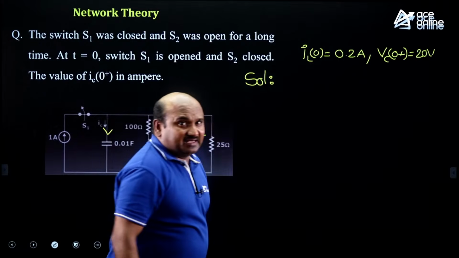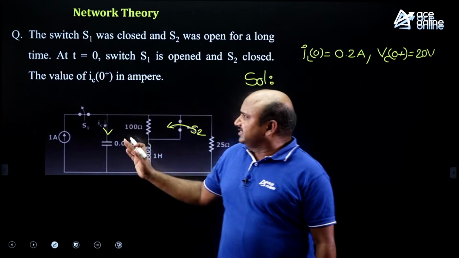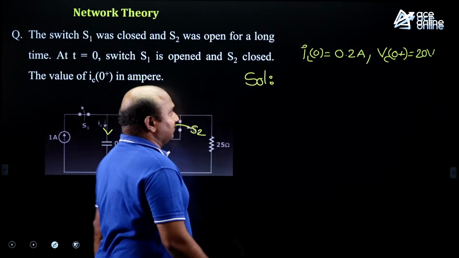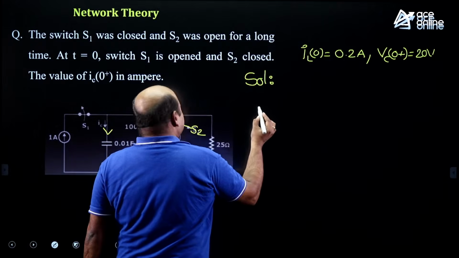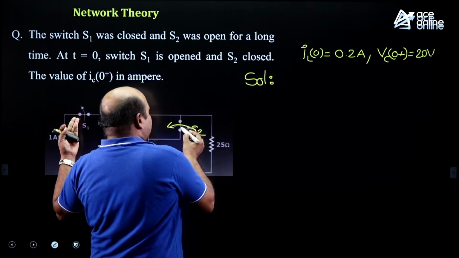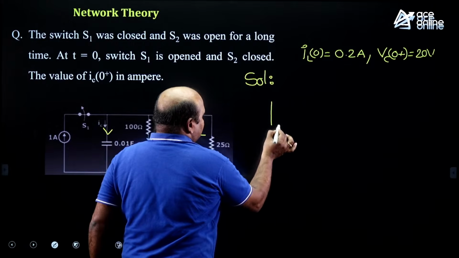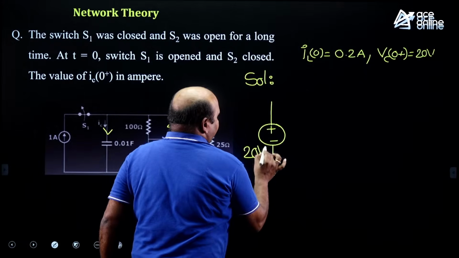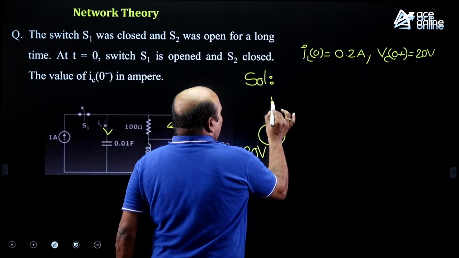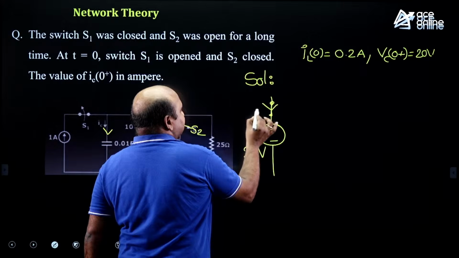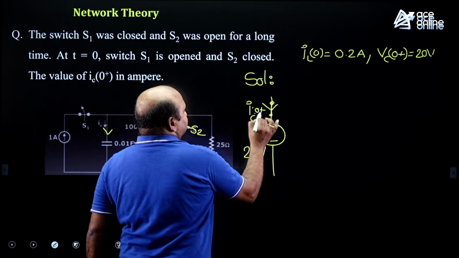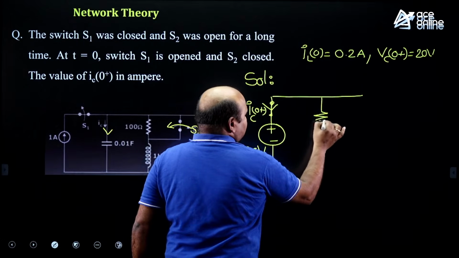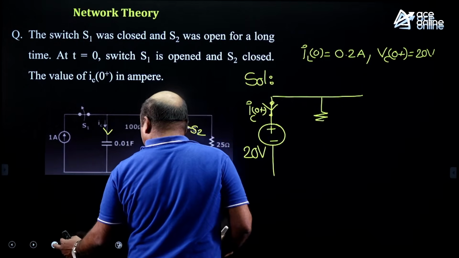Now let me take the circuit at t equal to 0 plus, since we need to get the value of IC of 0 plus. Let me consider that S1 is opened, S2 is closed. See guys, how we are developing the network at t equal to 0 plus. The capacitor is a short circuit with series voltage source, and this one is short circuit here. Once the S2 is open, definitely,